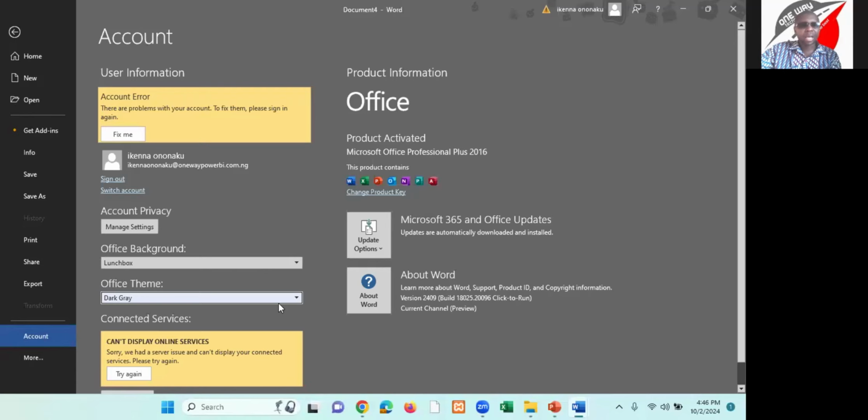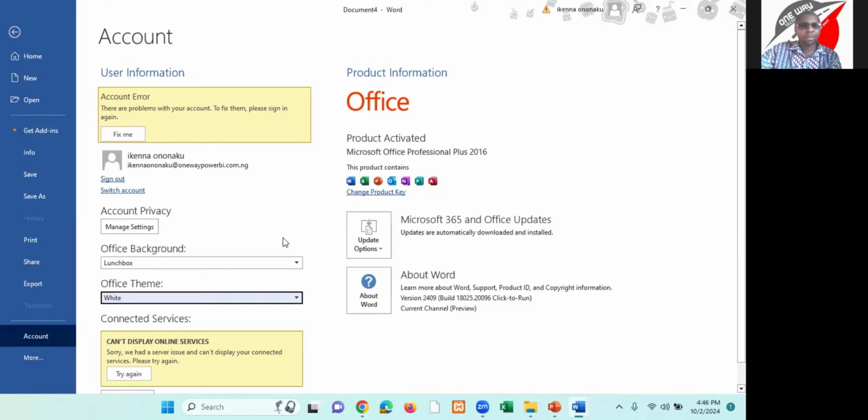You use this Dark Gray when you are in a dark room, possibly, and to reduce the intensity of the light, you select the Dark Gray. And you have the White, which is the default, and I would prefer to use the White. So you can decide to choose any of these options of your choice as you are